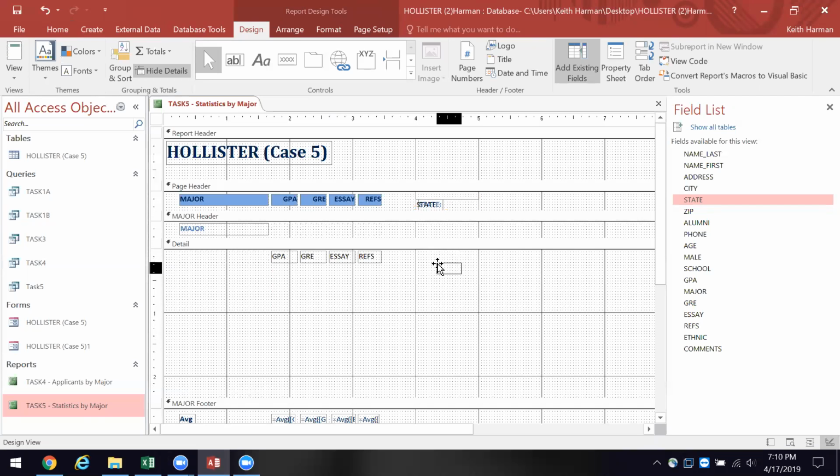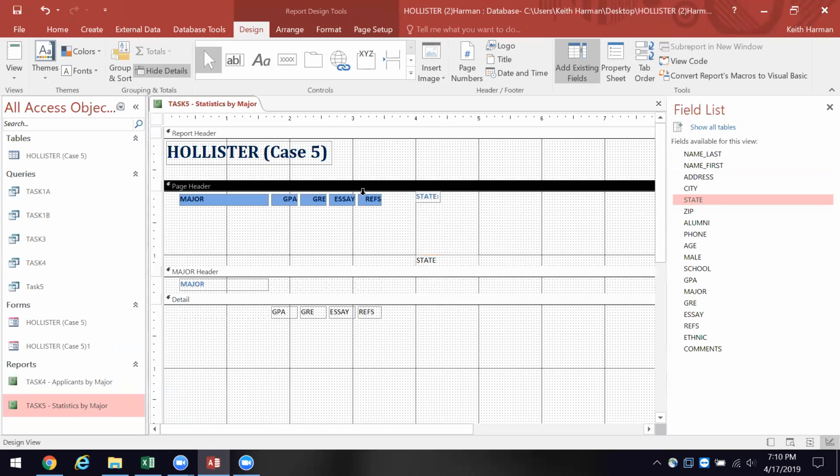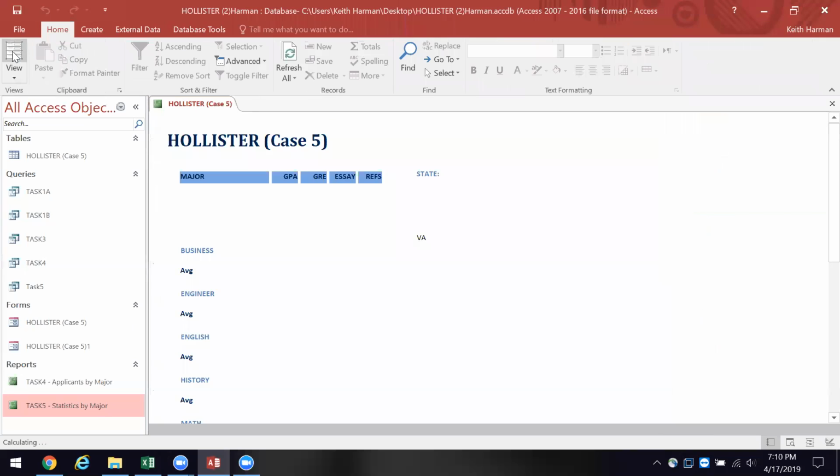I've got it mixed together. You can see why I hate this. There's the label. There's the data. There's the label. And let's see what we got. Record view. There's the state. Now, what we'll need to do is adjust this around a little bit. And you can see